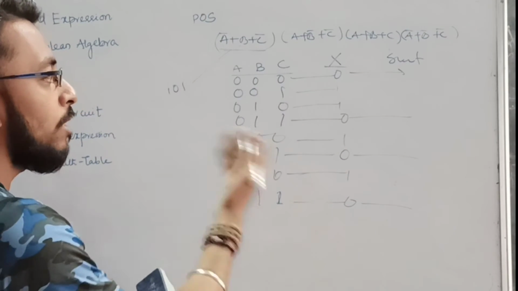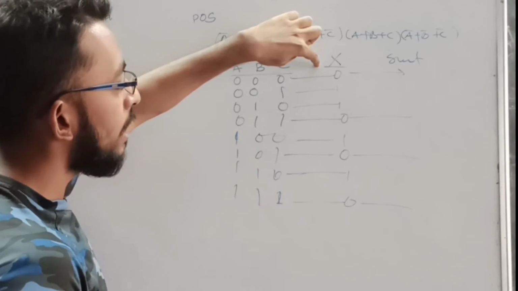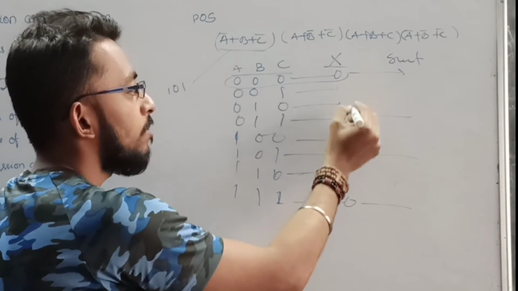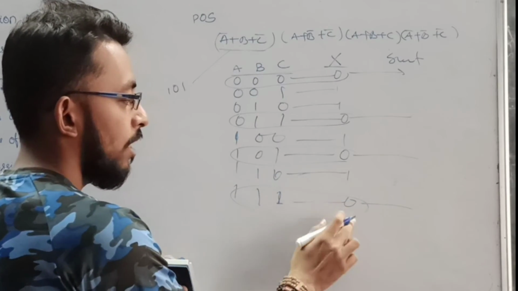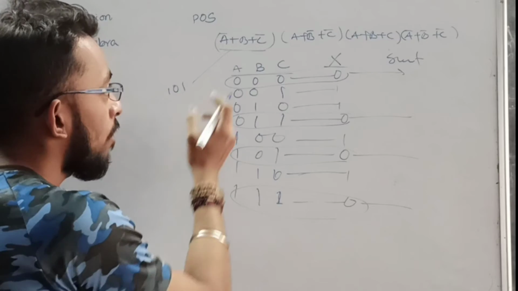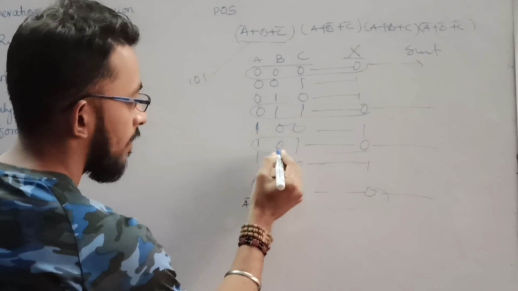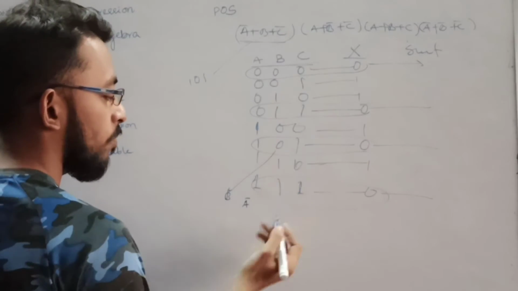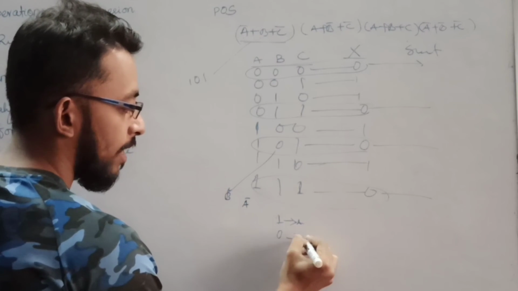And similarly, for a truth table, how can you convert? If it is in POS form, you have to check the values for which my output is 0. This term, this term, this and this. And for each of those you write the term that is a sum of literals. So 1 will be represented by A bar and 0 will be represented by simple A for POS. And for SOP you know that 1 means simple A, 0 means A bar.